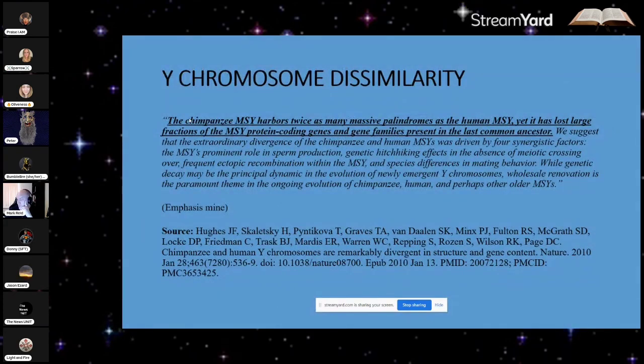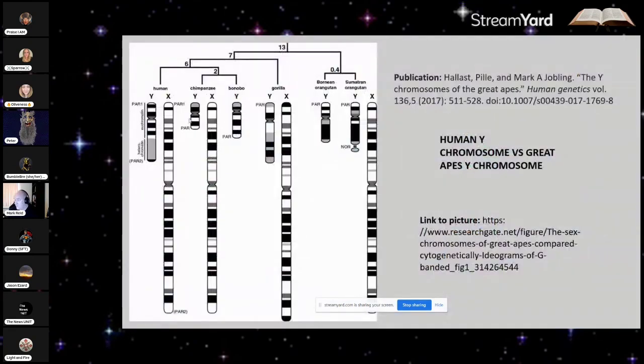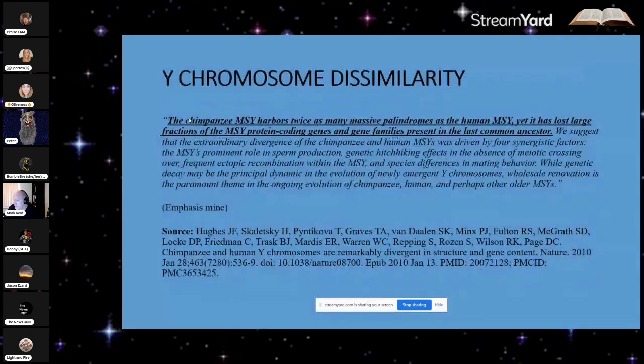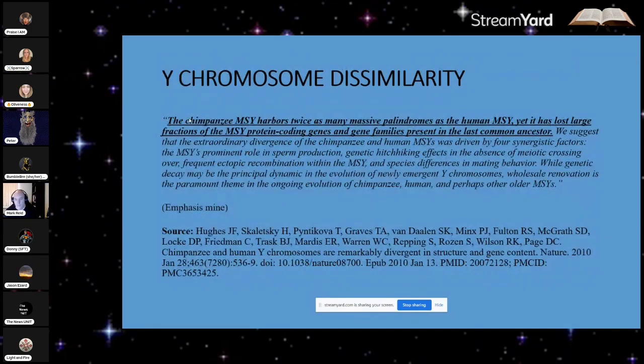Okay. So we can actually go into the various papers themselves. For example, this one in 2020. This photo itself is from 2017. So even in 2020, if you read through the paper, they're pointing out that there's a number of factors that might contribute to these massive differences. But I want to see a sophisticated mathematical model and not just, well, this could explain it or that could explain it. I mean, that's just a story, and you have a right to that story. But I like to say, cool story, bro.